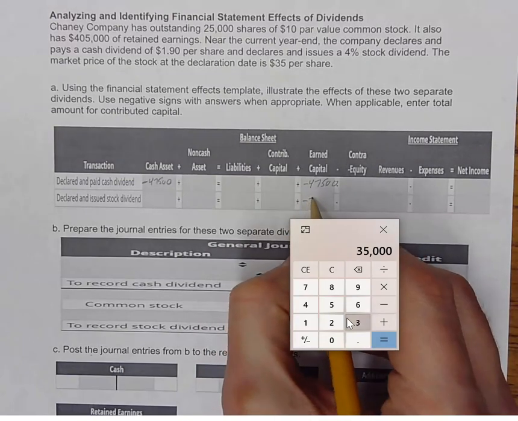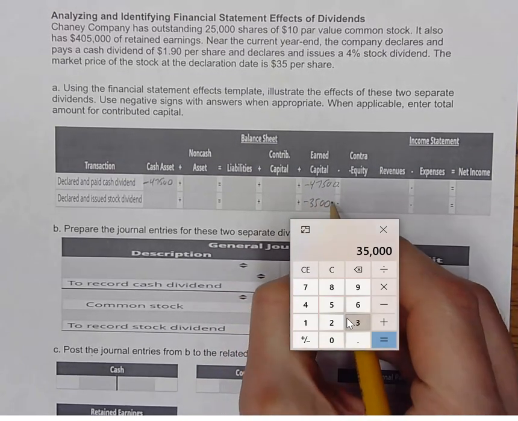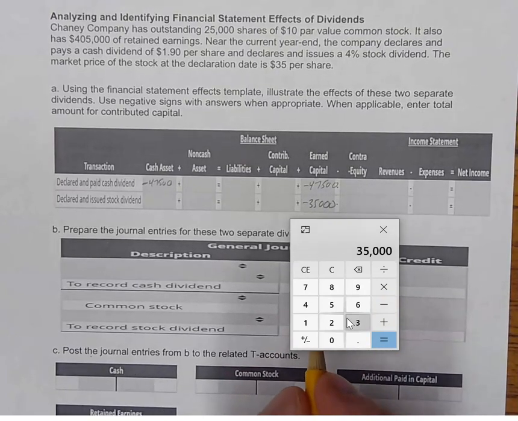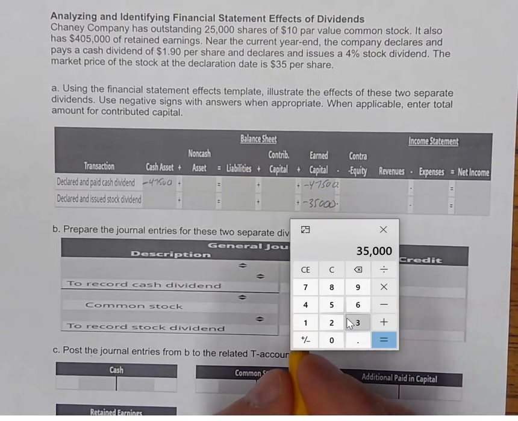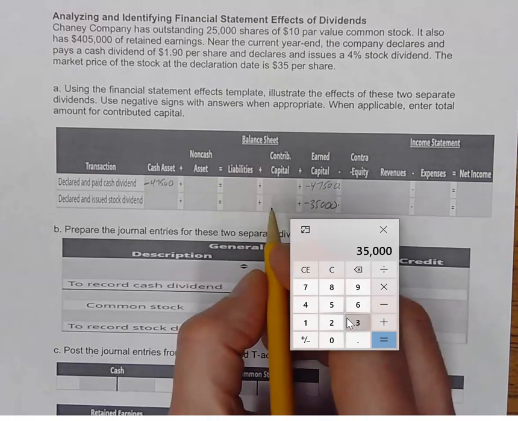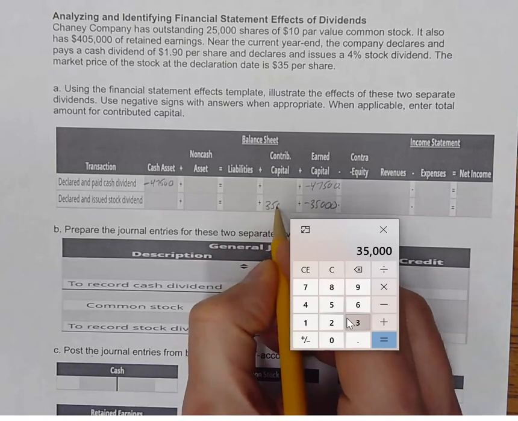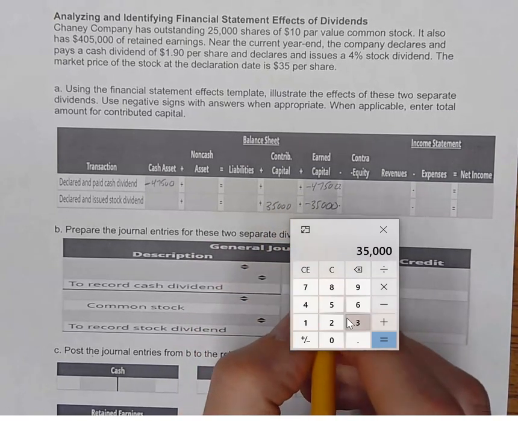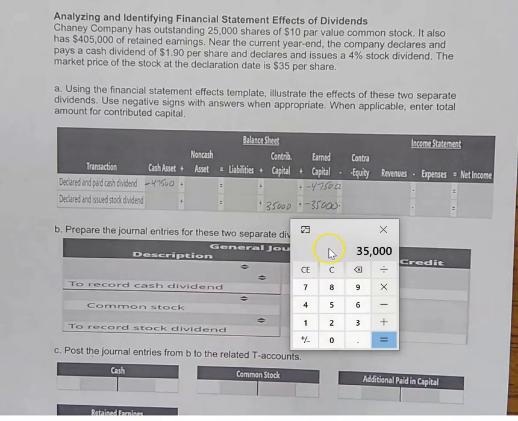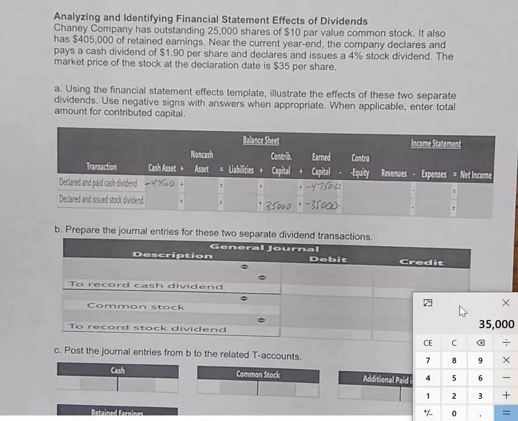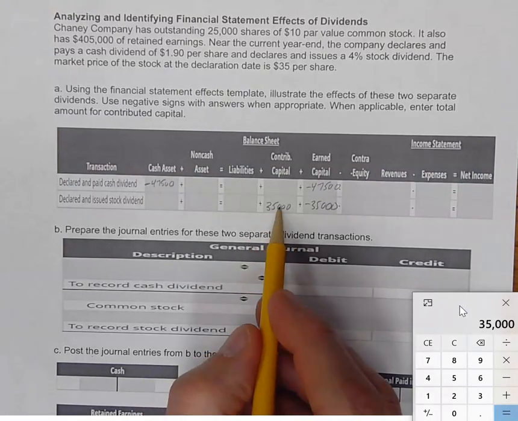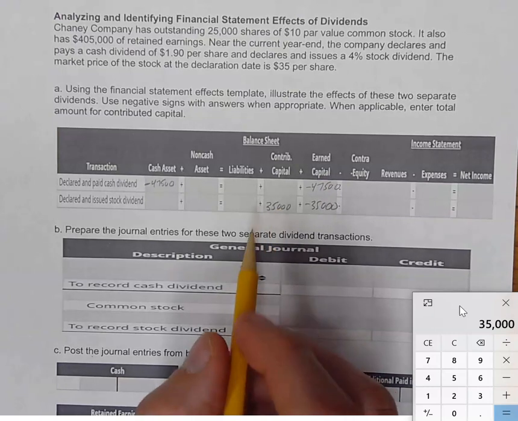Let's see here. One more zero. There it is, 35,000. Okay, and that's fine. Contributed capital is going to go up by the same $35,000. However, I think it's worth mentioning, let me just move this out of the way for a second, I think it's worth mentioning that of this $35,000,